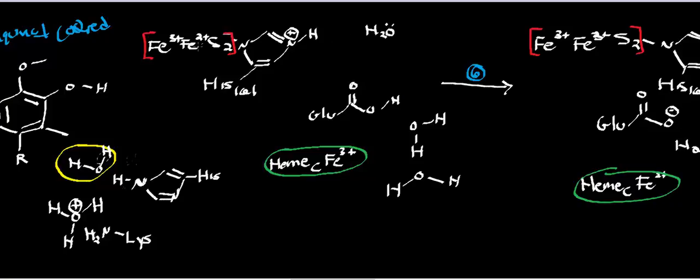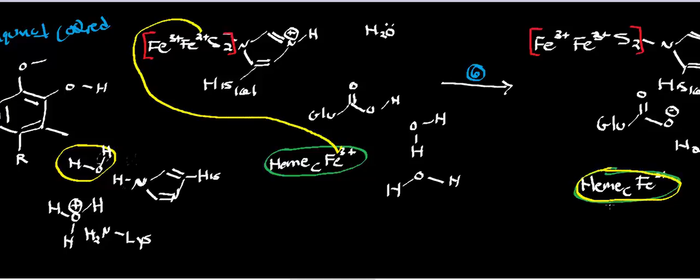So what has to happen is an electron has to come from the Rieske iron sulfur center, and it's going to reduce the iron of the heme C of Cytochrome C. And so what that generates is this. It's Cytochrome C in the reduced state, in the 2+ oxidation state. Okay. Also, what's going to happen, I'll go back to using green for my mechanistic steps, is there's a water that's going to deprotonate another water, which is going to deprotonate the glutamic acid in the active site. And that's going to generate a hydronium, and then a water will then deprotonate this histidine 161, regenerating deprotonated histidine